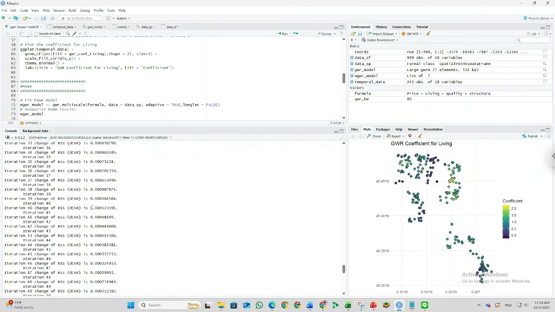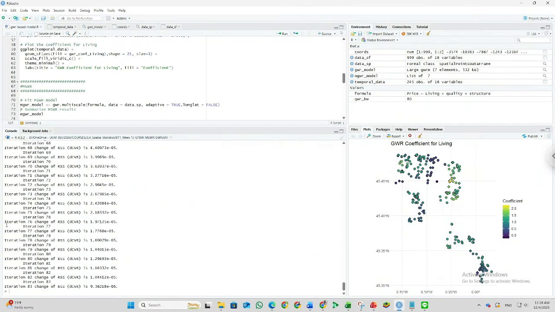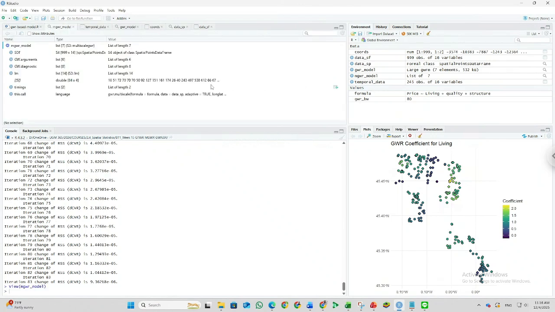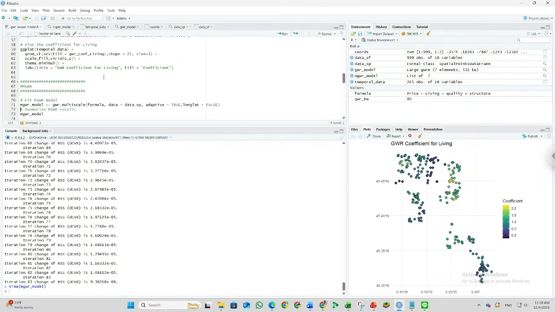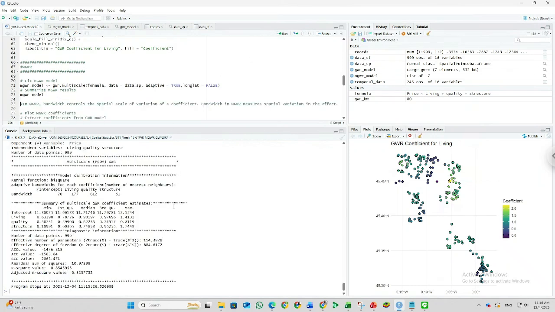So we need iteration, and we can see in here the bandwidth is different. The bandwidth is different based on the independent variable. So we can get the summary of the MGWR result.